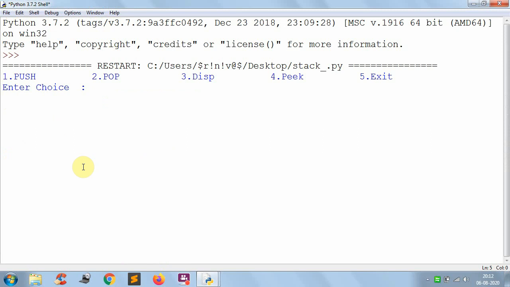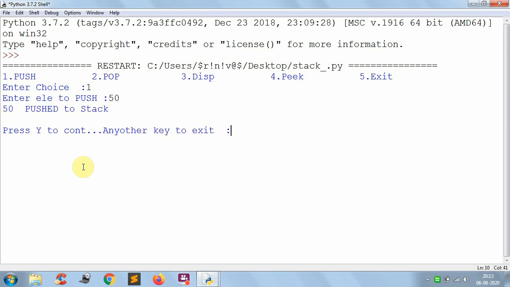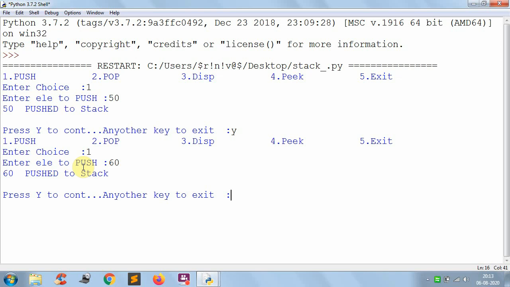Let's run the program. Here are the choices we have to enter. Suppose I want to perform push, enter 1, enter element to push 50, pushed to stack, and press Y to continue. I want to perform one more insertion, push, enter element 60, press Y. Now press display.